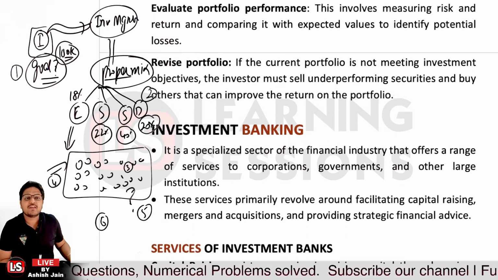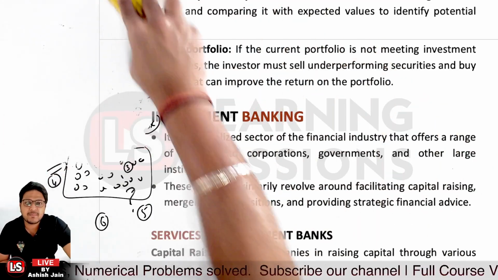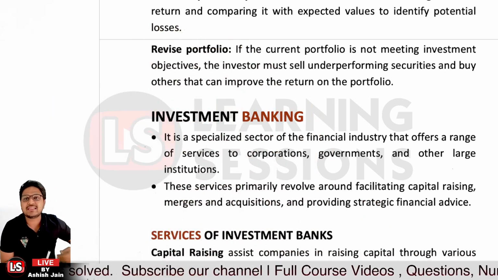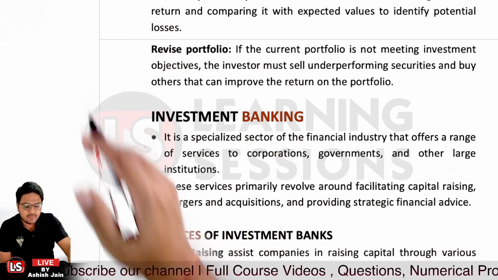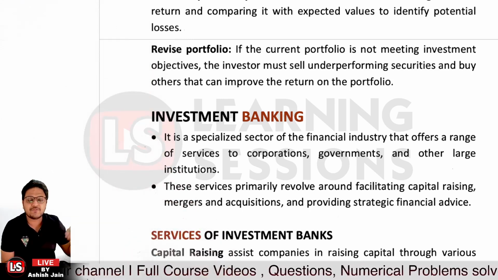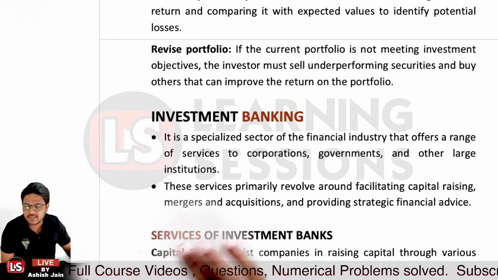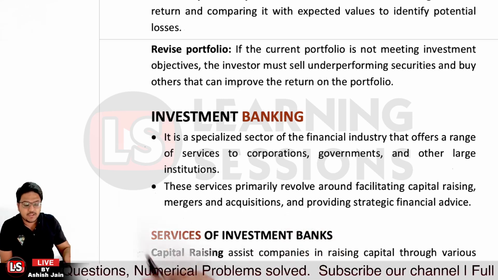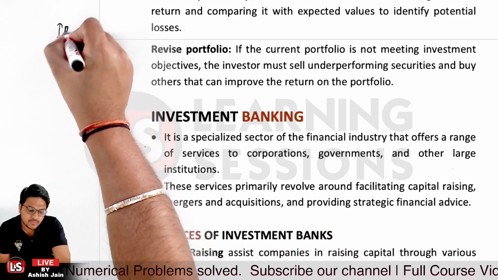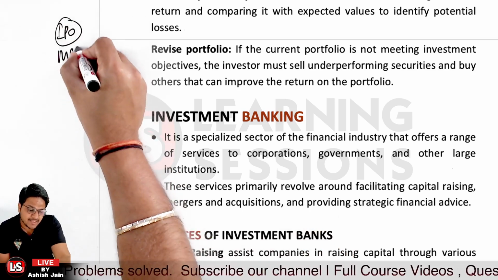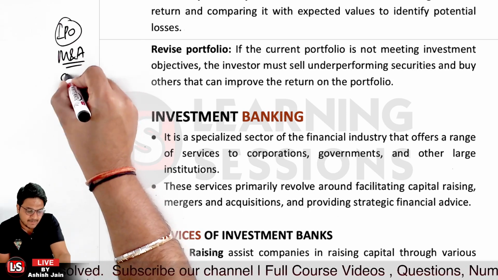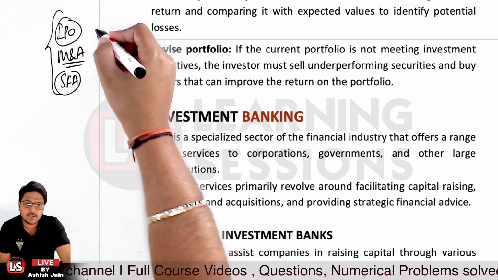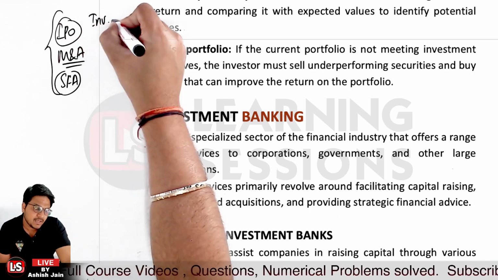And after that, it's related to investment banking, what we mean by investment banking and what the different terms involved in it are. Now investment banking is a specialized sector. Banking is something different, where you're helping in mergers and acquisitions, and providing a plethora of services to organizations, corporations, governments, and large institutions. You help them manage the IPO, for merger and acquisition purposes, and provide strategic financial advice services. That is investment banking.